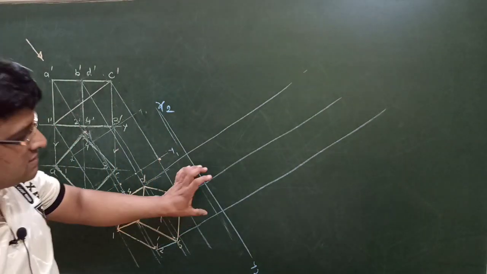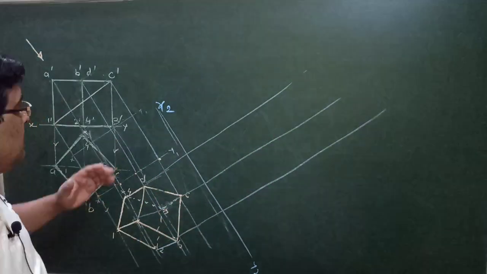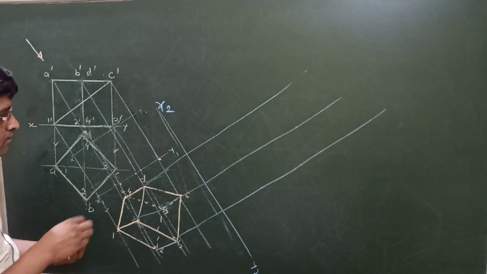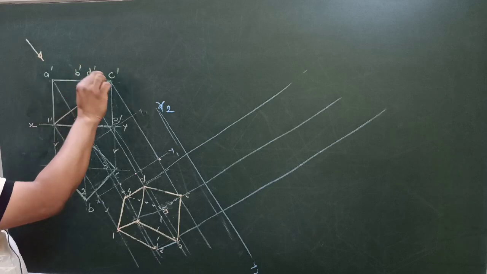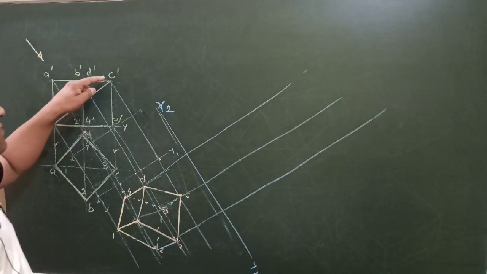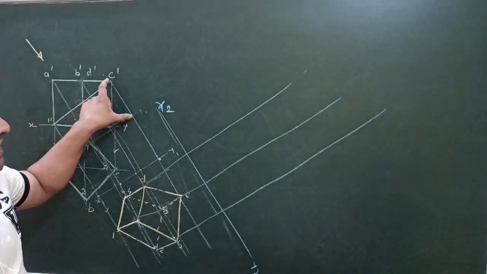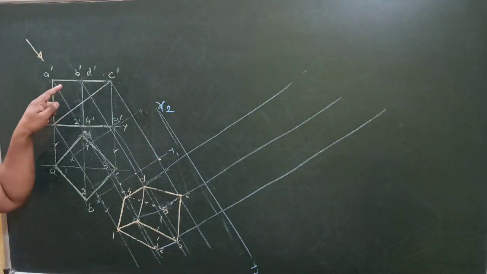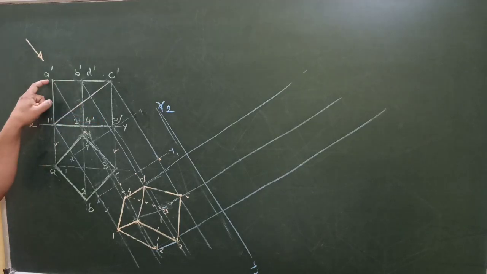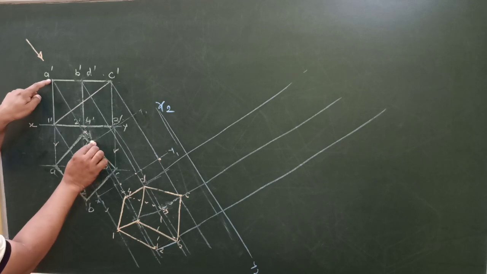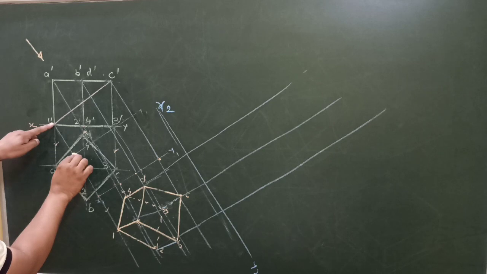Again we have to cut distances on these three lines, meaning for all the points, taking distances now from this x1 y1 to the front view. So when we take the distance of C, we will take this distance x1 y1 to C from here and cut over there. For taking distances of B and D, we will take distances from here. For A, we will take the distance x1 y1 to A. For 1, this distance, and so on.